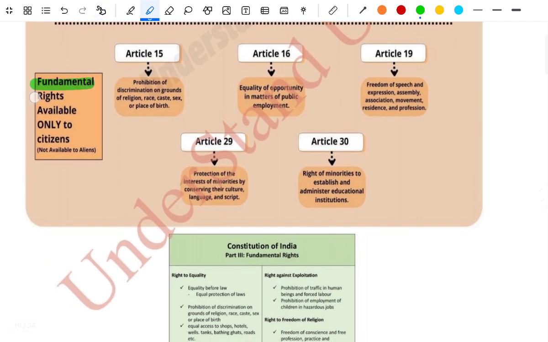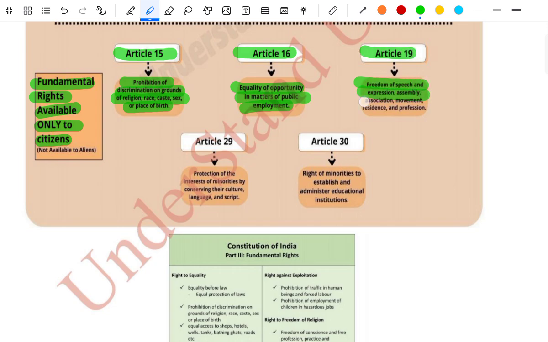The fundamental rights available only to the citizen. Article 15, the prohibition of discrimination on ground of religion, race, caste, and place of birth. Article 16, the equality of opportunity in the matter of public employment. Article 19, the freedom of speech and expression, assembly, association, movement, and residence of the